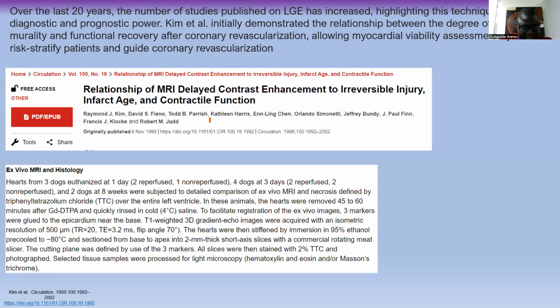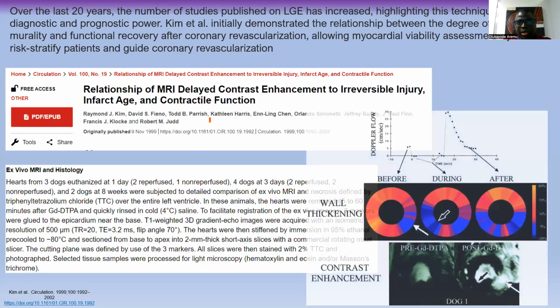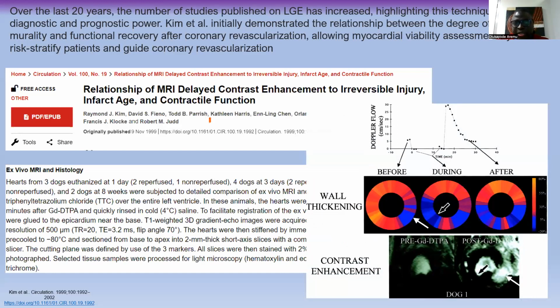Their slice thickness was 2 millimeters. And what they reported was the wall thickening that was shown. He had his Doppler flow, which is measuring the velocity, the hemodynamics in the heart, the wall thickening, and then this is when they use MRI to see